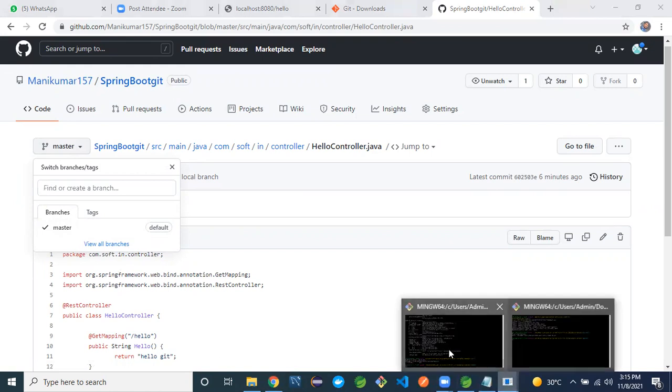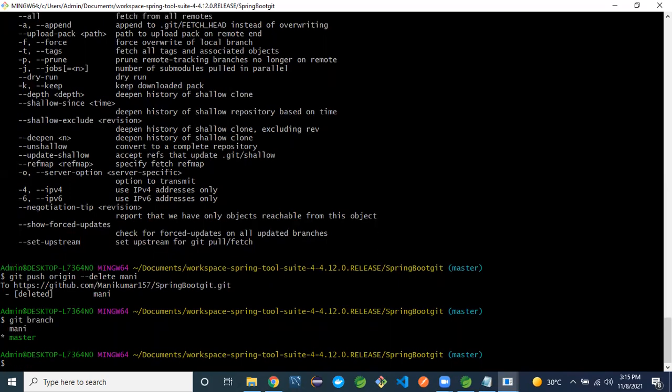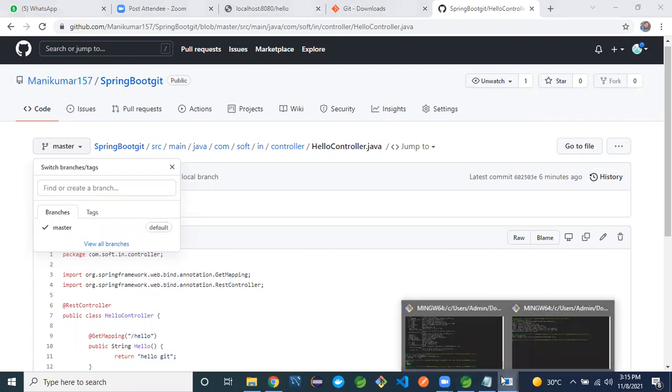Please check here. Go to Git Bash, same location. Here in local, the master branch and money branch, two branches are available. On GitHub, only one branch is available. Here we deleted the money branch. Now, how to delete it in local?